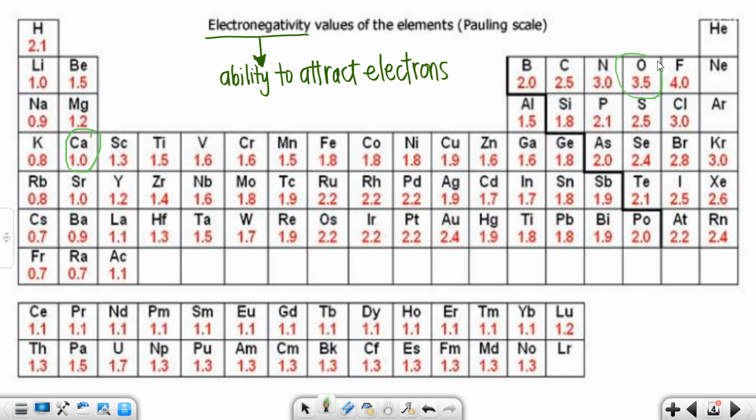Okay, so CaO. I wanted to find the difference in electronegativity for calcium oxide. I know calcium is listed first, but the value is 1. Oxygen, which makes oxide, the ion, value is 3.5. So when I take those numbers, I'm going to take 3.5 minus 1, and I get a difference of 2.5. All right. Now, how does that answer, 2.5, go into the whole scheme of what the bond